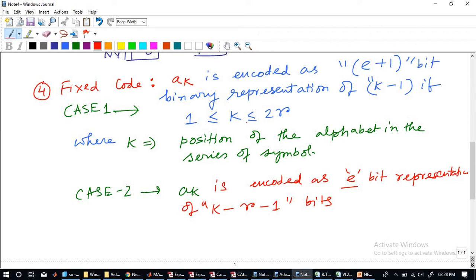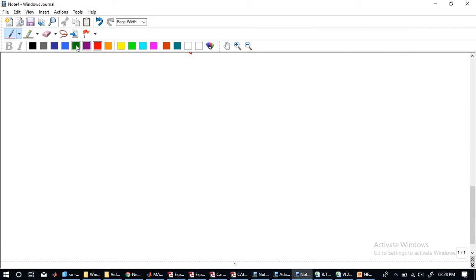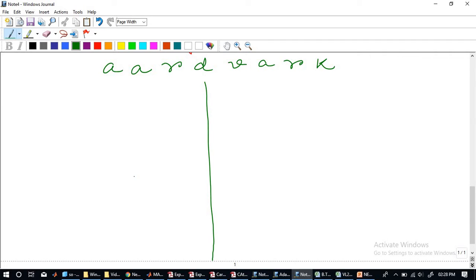Okay. So let us take the example first. So I'll take the pattern. Can anyone give me the pattern that we have? The alphabets. Double A, then R, D, V, A, R, K. Okay. So these were the letters that came in. So we have to encode each and every letter. Okay. So I'll do one thing. Left hand side I'll draw the tree, and the right hand side I'll give you the process. Okay. So maybe I'll make a mark here. That's easier actually.